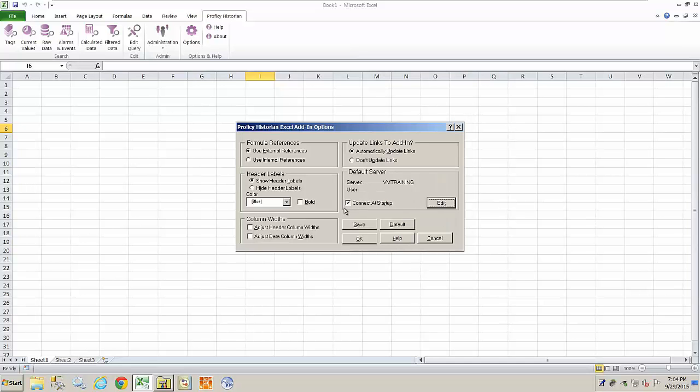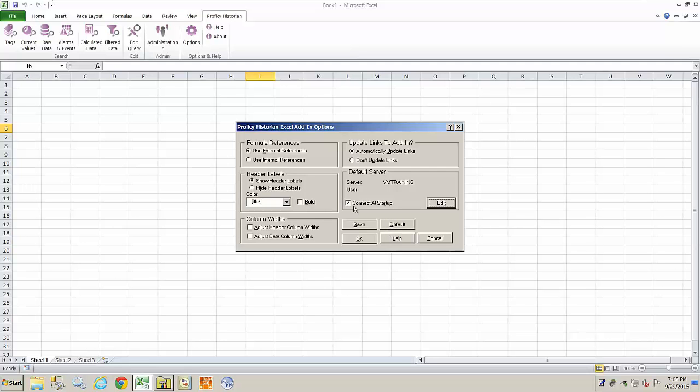The other thing is this little checkbox here called Connect at Startup. This is enabled on installation, and basically what this means is when I start up Excel, I want it to make a connection to Historian, basically making me ready to execute a query. That's fine. The only thing to realize about that is that it does consume a historian CAL when you make that connection, and you are making that connection no matter what you're doing with Excel on this local machine. So if you're using it for something completely different and unrelated to historian, it's still going to be consuming that